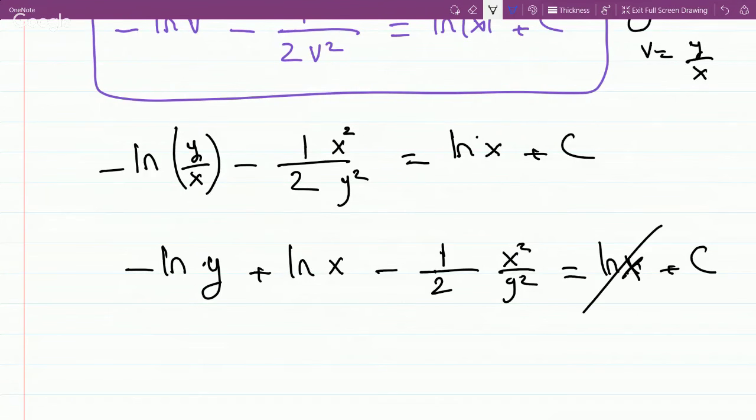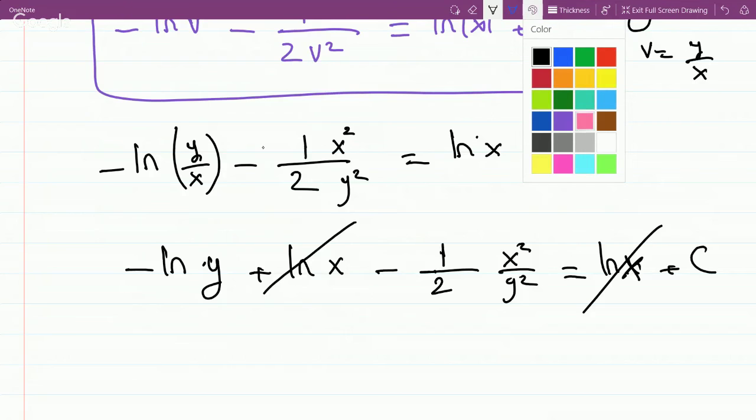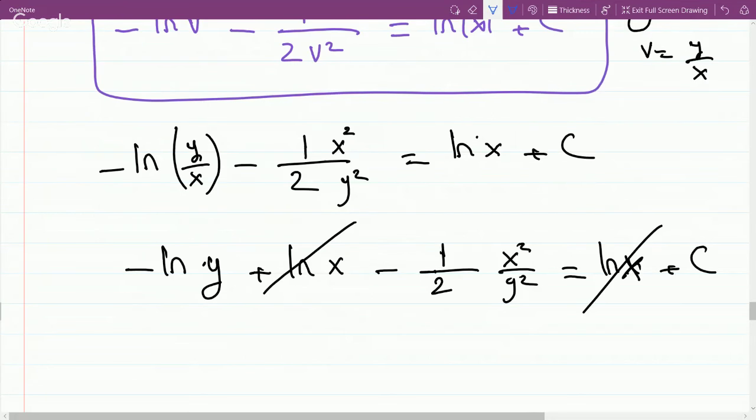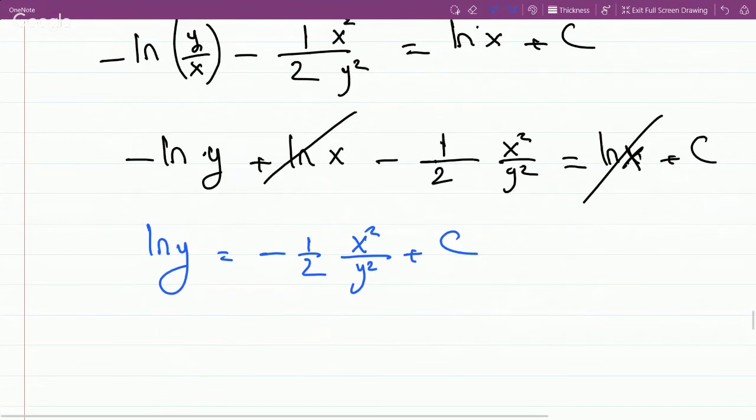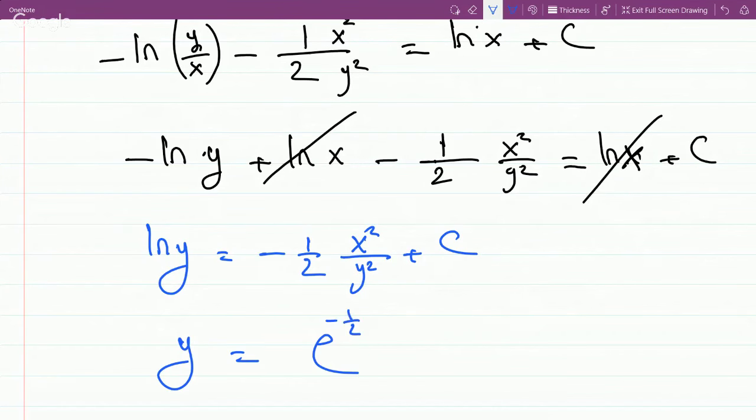I did that so that I can cross out these two terms, and if we continue we get ln y equals, moving ln y to the right hand side, minus 1/2 x squared over y squared plus c. Minus c is just another c, so you will get y equals e to the minus half